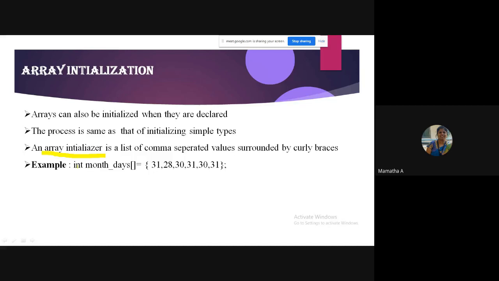So the syntax is very simple. While creating the array, you will initialize it. Similarly, int month_days[] equals, this is called the array initializer. What you should take care of here is that the values should be the same type as the array.